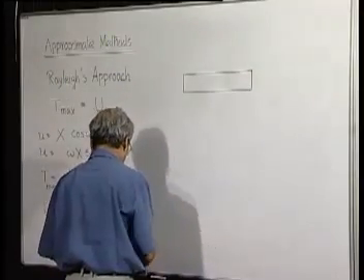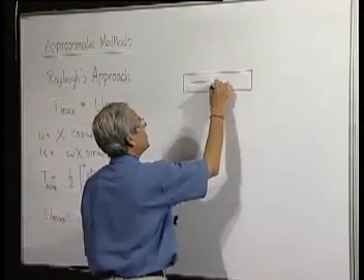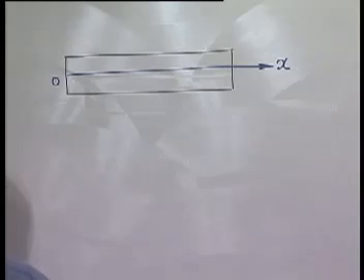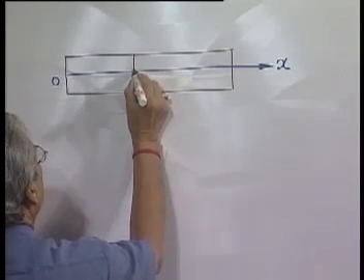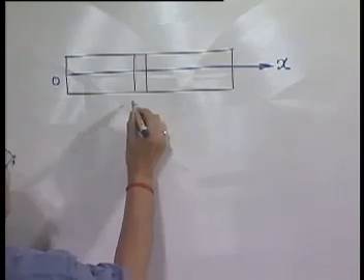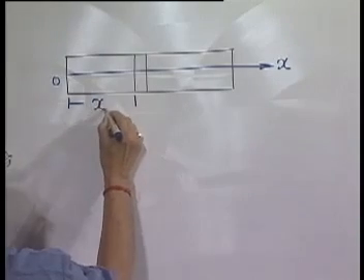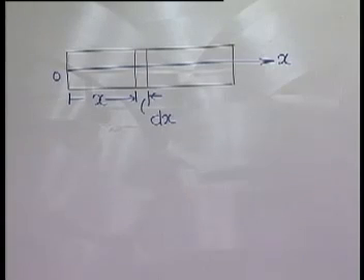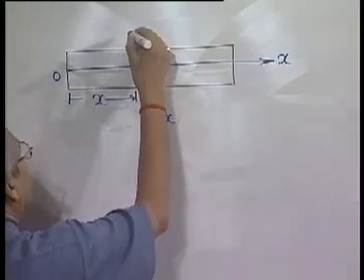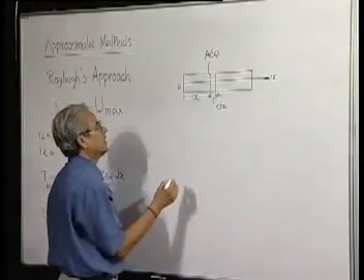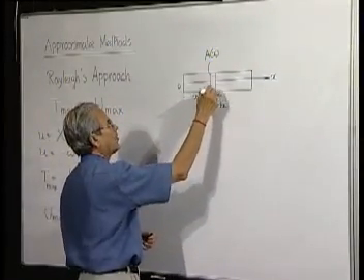In the case of a bar, which is having longitudinal oscillation, then at a distance x, if you consider an element of length dx, and if the cross-sectional area is say a, which need not be constant, which may be a function of x, but at this distance, therefore, at this location, the element